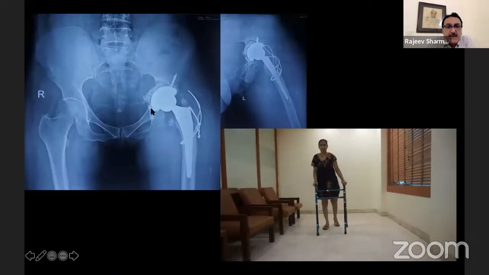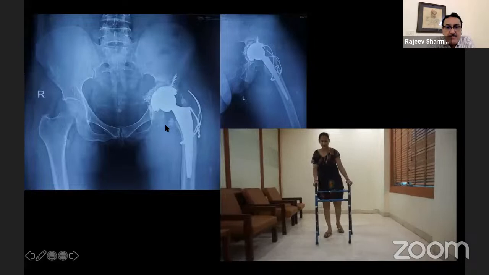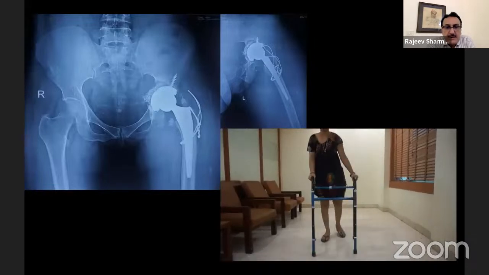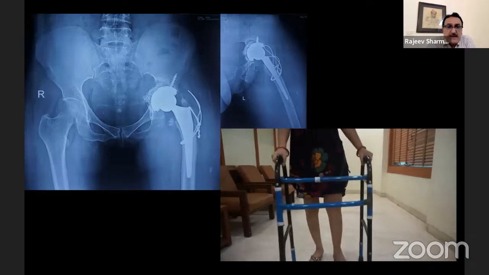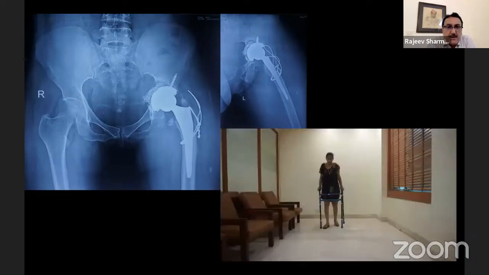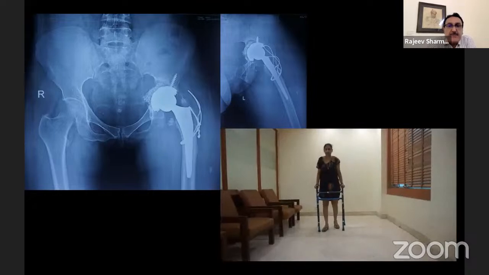And this cup was very stable in this situation. So just to tell our colleagues that this is also one method, not necessarily that you have to use the augments or you have to use the cage. So I'll stop this